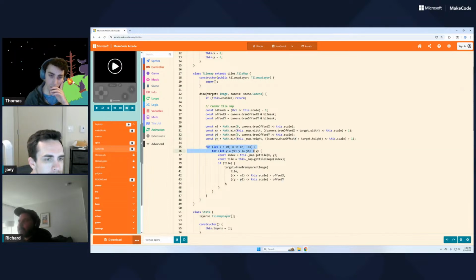And then it loops over those and then draws them to the screen. Simple enough. So what we're going to be doing is we have this offset X, offset Y, which right now we're just setting to be the camera draw offset X and camera draw offset Y, and this bit mask. This bit mask is just to